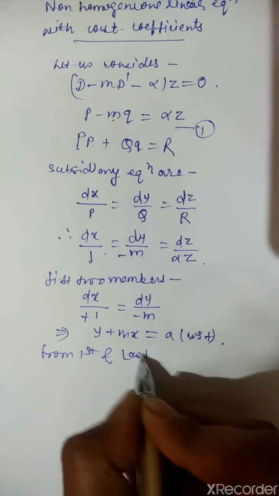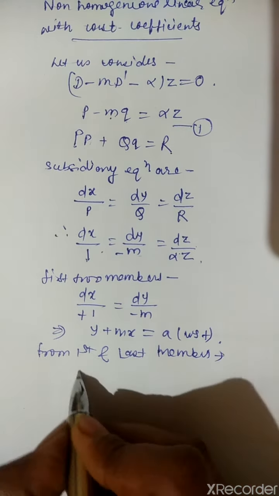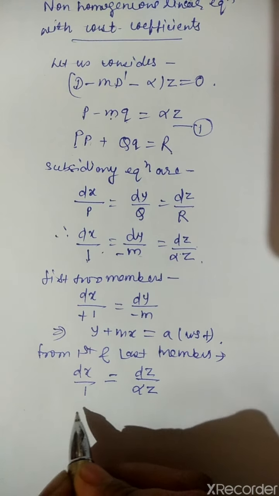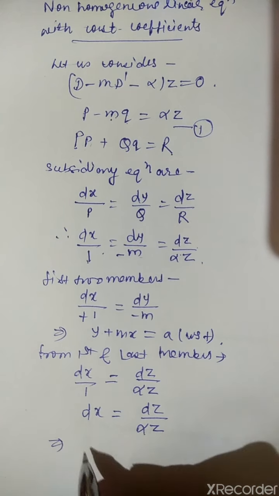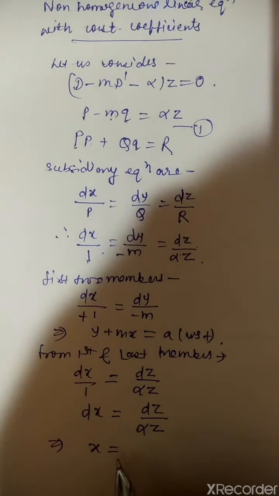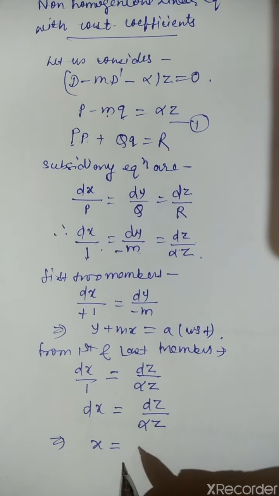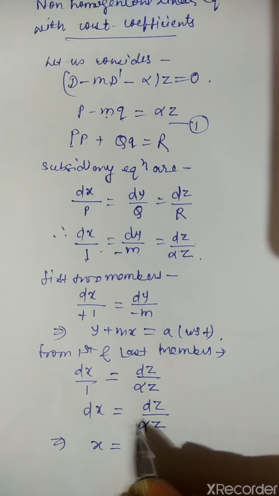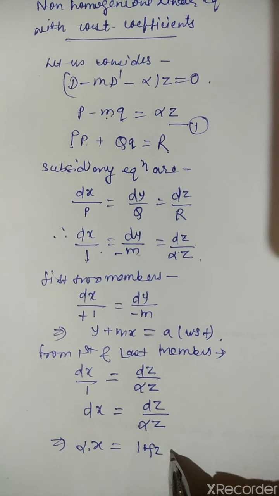Similarly, from the first and last members, what we get here is dx divided by 1 equals dz divided by alpha z, and by integration we have x = integral of dz by alpha z. We can take the alpha to the left hand side, so alpha x = log z, and then we have some constant,